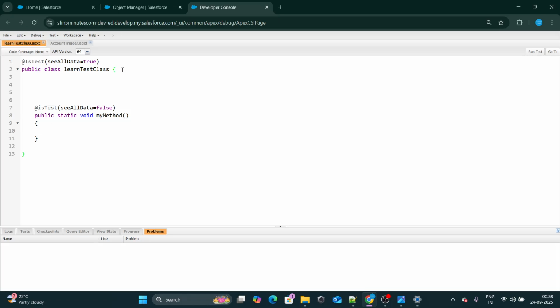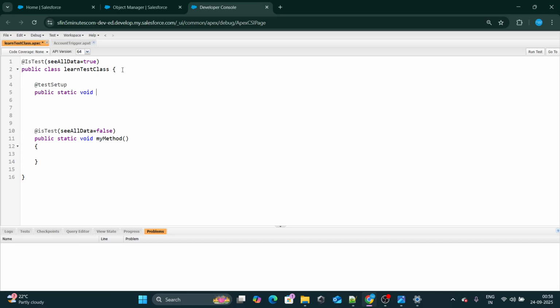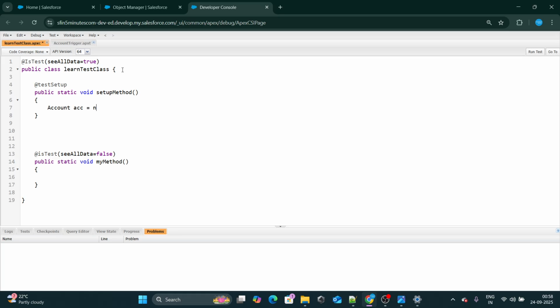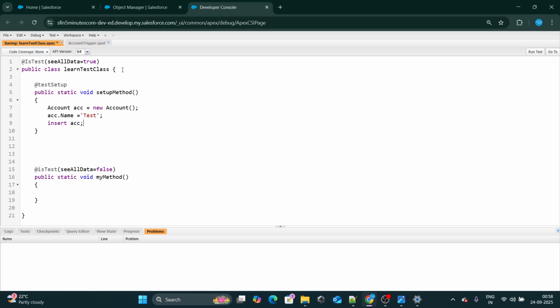Right now I have not created a setup method, so let me create a test setup method. I'll say public static void setup method, and then I'm going to create some record inside it. Let's say I'm going to create an account inside it, and let's insert acc. So if I try to click on save right now,